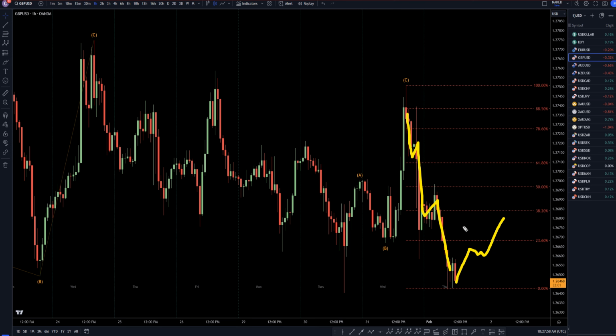But like I said, there's no guarantee that a pullback is going to happen, so I definitely wouldn't be going long, but I would patiently be waiting for the next pullback, the next ABC correction, a WXY or flat, or whatever kind of correction the market decides to make, up to a Fibonacci level, and then that would be the shorting opportunity that I would be looking for. I definitely wouldn't try to go short now, and I definitely wouldn't try to go long right now either, because it very easily could just keep on drifting down. But when it does make a pullback, that's when I'm going to be looking to go short at the end of the pullback, especially if it's a three-wave pullback that turns at a Fibonacci retracement level.